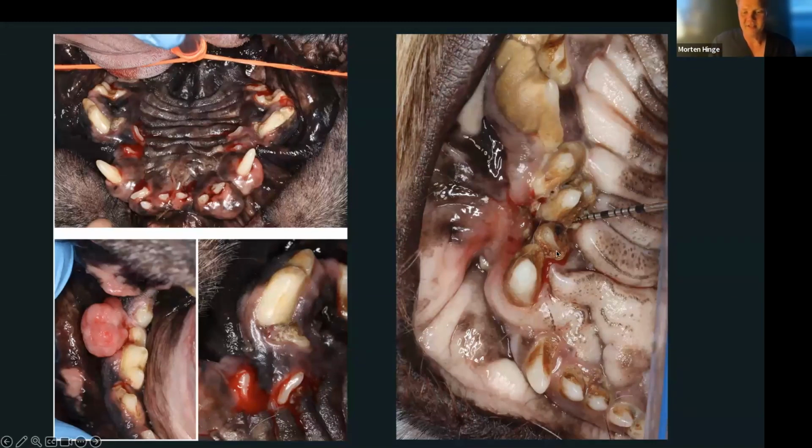And as you can see here, if you show the owner this on a picture, they will beg you to treat it. But if you just tell the owner, oh, it had a lot of periodontitis, we need to extract 3 teeth, could be these 3 teeth, they will think about it. They don't know what periodontitis looks like, so they will be hesitant to do it. But if you show them a picture of this infection, they will always come back and have you do this. So I like snapping photos of just selected